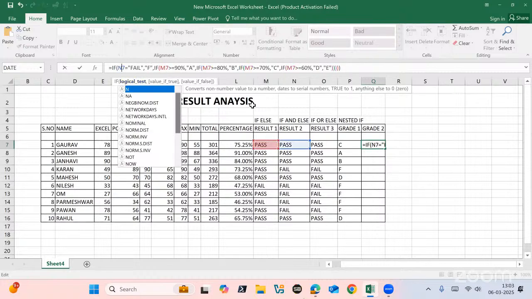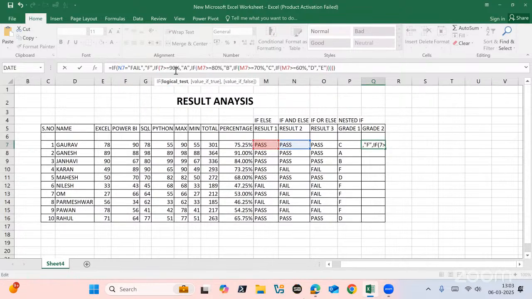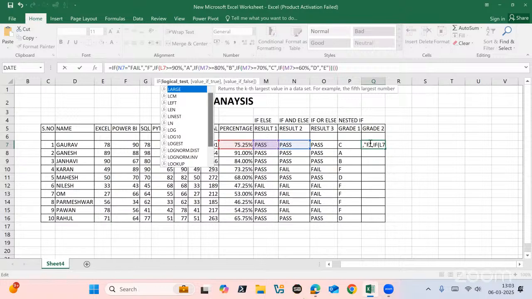If M7, now we are taking the percentage, so pass will not work, right? So this is the percentage column, right? We have to take the percentage column, so it should be L, right? If you want to copy this in a right way, that also I will tell you in the training sessions, because how you can make the reference cell an absolute cell, that is also a concept using the dollar sign, but I don't want to mention here because you will get confused, right? So let's do the